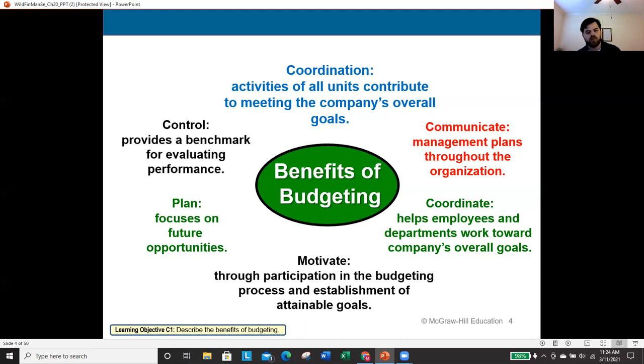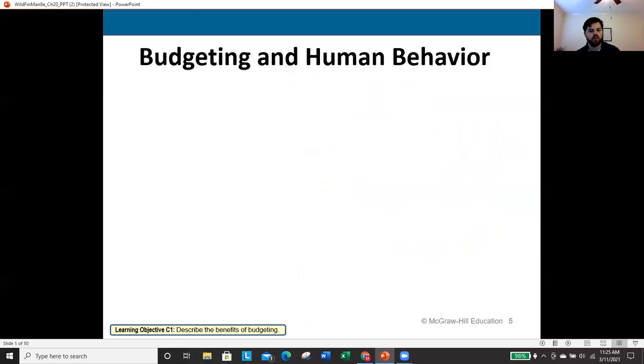So we have to be very careful if we're aiming to motivate with a budget, because we have to hit a budget right on that line where it is difficult but possible to achieve. And when we hit that line, this will motivate our employees to actually meet that expectation. Next, we see that this helps us plan for future opportunities and start to maybe set aside money or start to actually see areas of my organization that need improvement. And that's what these budgets are going to help with. And of course, it will provide some type of benchmark to help me evaluate performance at the end of the period.